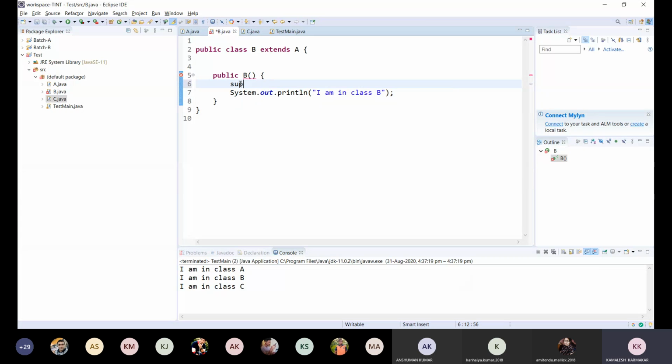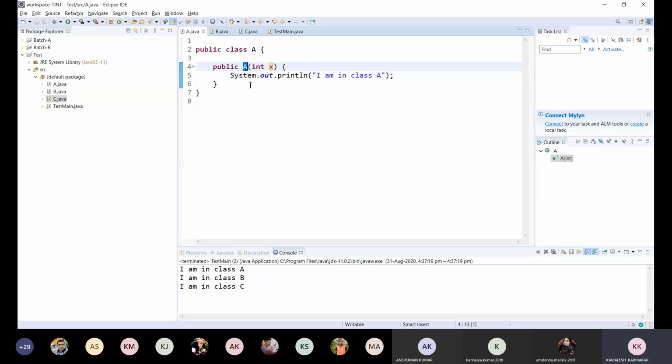So now we have to call this constructor of the superclass. If I'm passing, say, 10, I have to pass this 10. If I call this super, it indicates that the constructor of the superclass is being called.